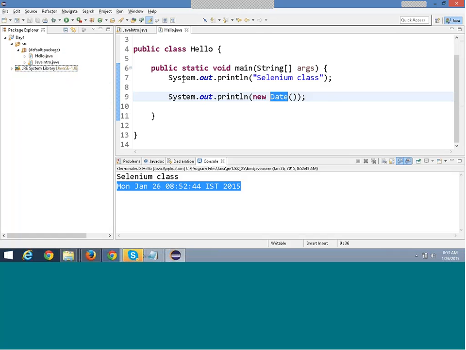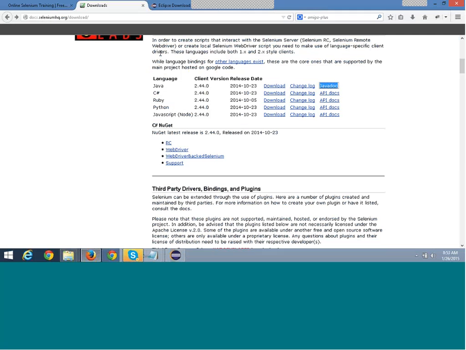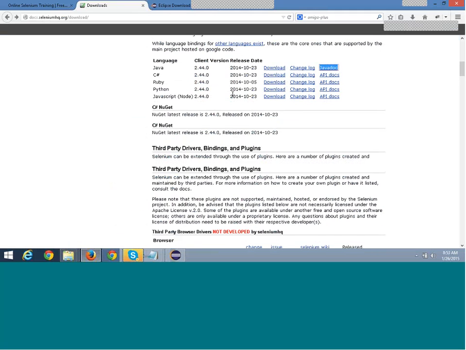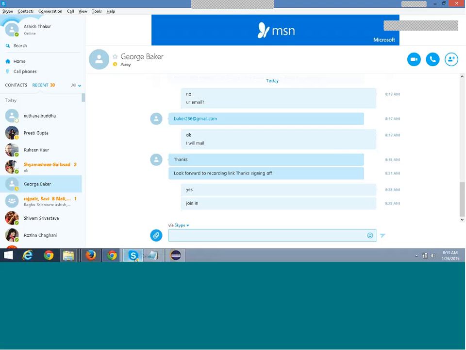Similar thing happens in Selenium. When you have to work with Selenium, you go to seleniumhq.org, click on the download link, and by clicking on this download link, you download the jar files for Selenium, and you include them in Eclipse. When you click on this download link,